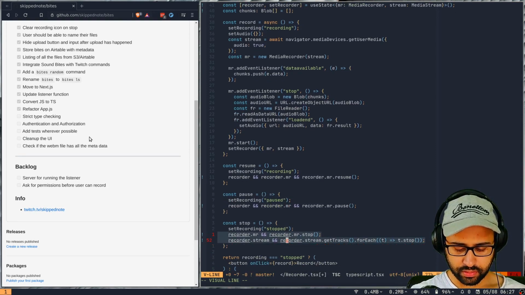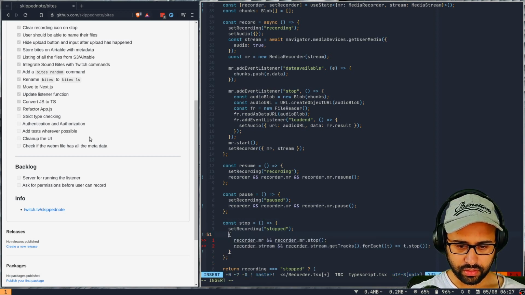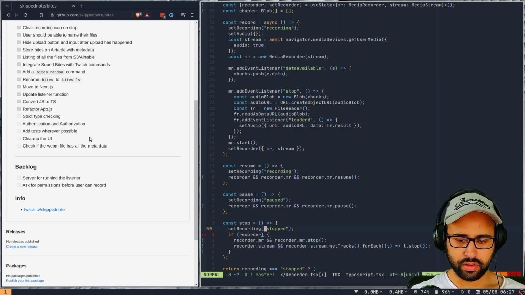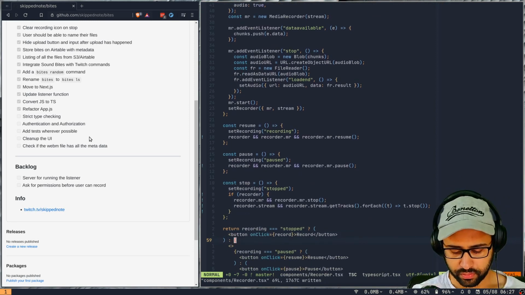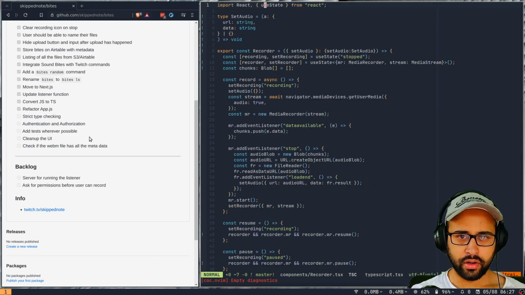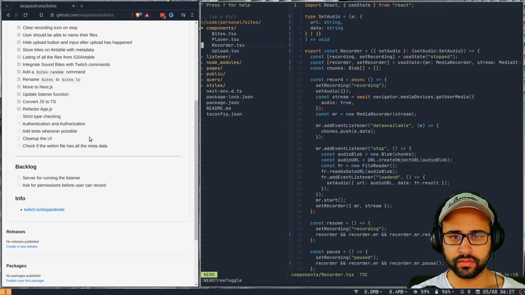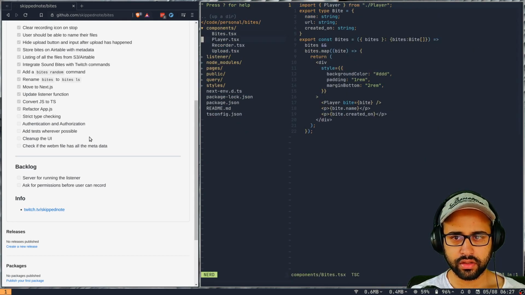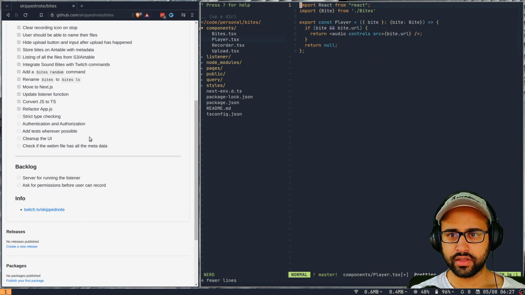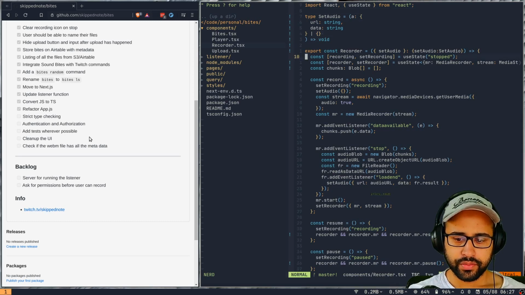I think we can just wrap them in an if condition, and say if recorder, only then do this, right? What about other errors? Yeah, I think this is good now. This is properly typed. So now let's review the other files first. So this is fine. Because we are not using it, I'll just get rid of this type. So this file is fine.